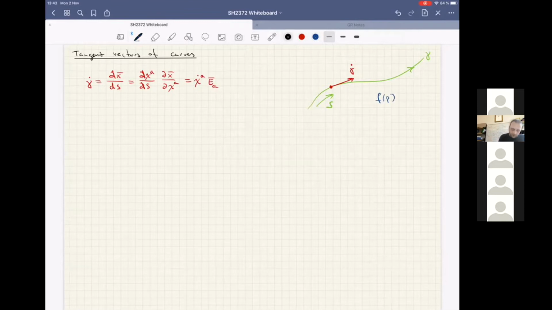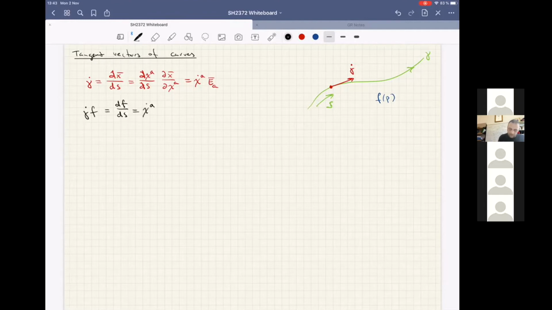We would define now gamma dot should be a directional derivative. So that acting on f would be nothing else than how f changes with the curve parameter. It would be df ds. So if we look at what this is, again, the same mathematics applies. It's just that we've changed the position vector x for the function f. So this would, in the same manner, it would be